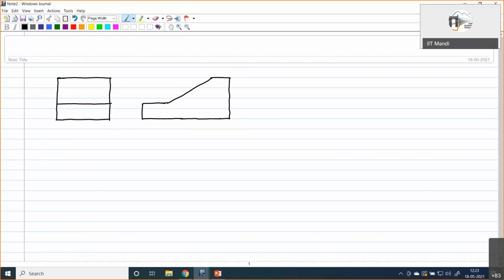So suppose we have two views like this. So say this is the front view and this is the side view.